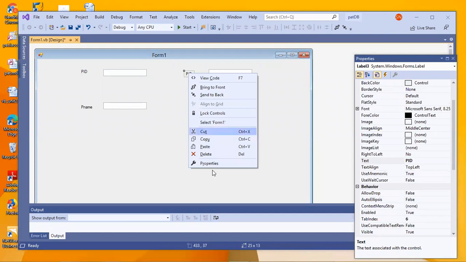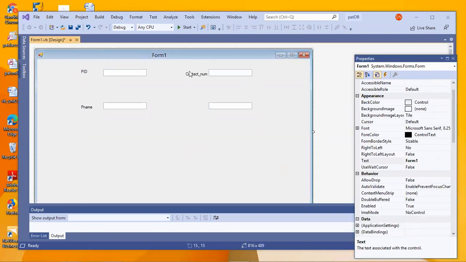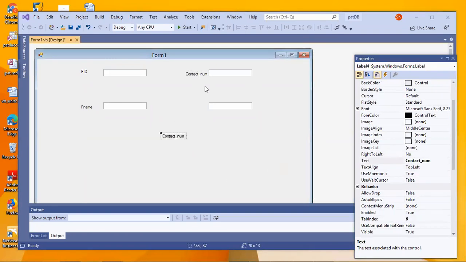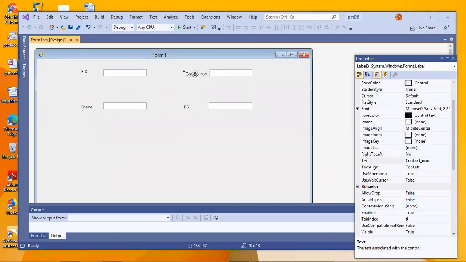This one I'll make contact number. And the last one will be disease. Okay, now this is done.